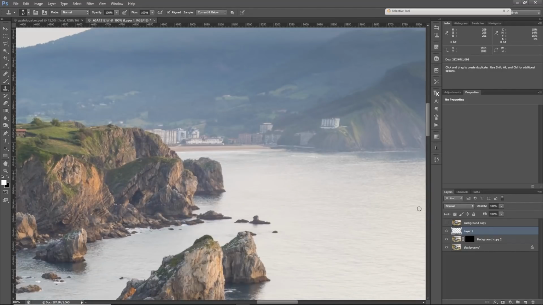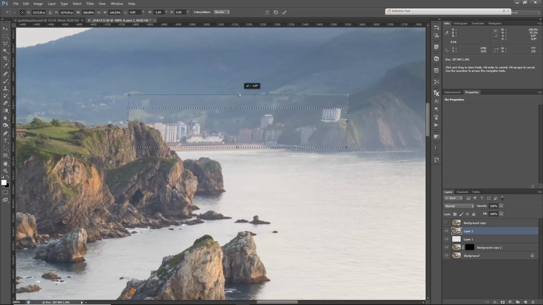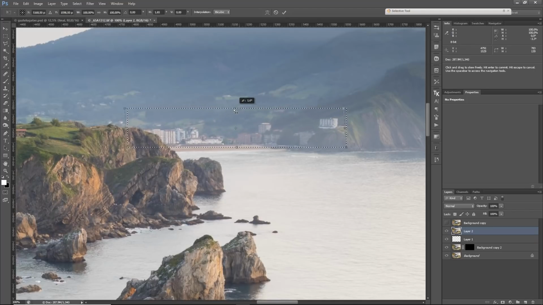But here it's the same principle. I'll just duplicate the layer again, Ctrl-Shift-Alt-E, so get a merged copy, and then I select here around the buildings. And once I have this, Ctrl-T again, Control-click. If I hold Shift, it will only move to the side. If I don't hold Shift, it will also go up. So it helps to hold Control and Shift. And then I can just